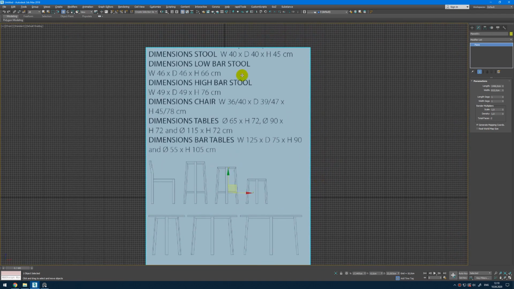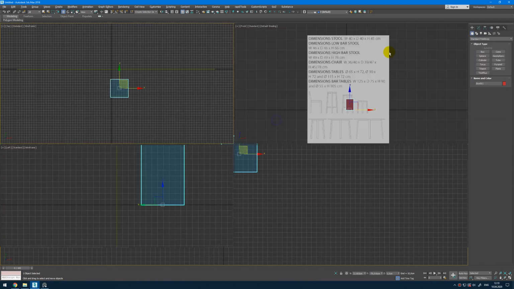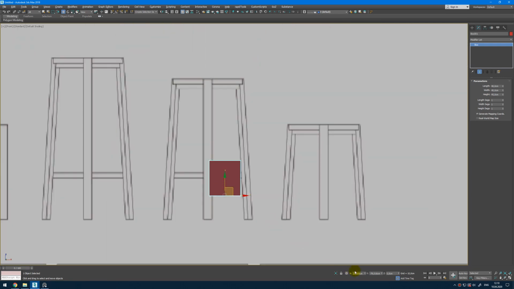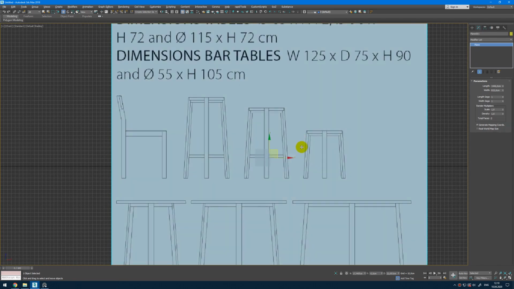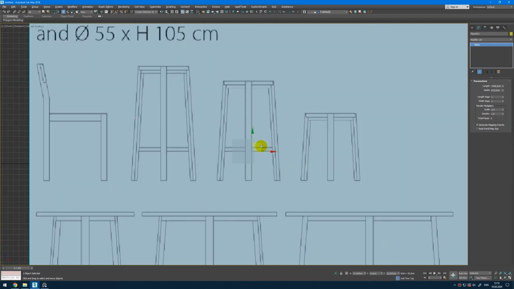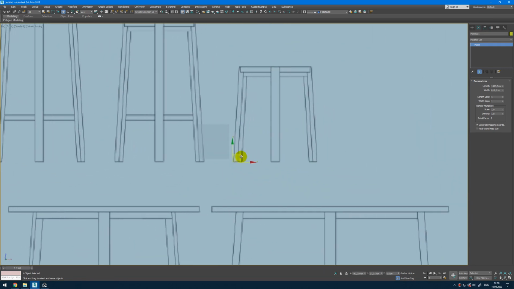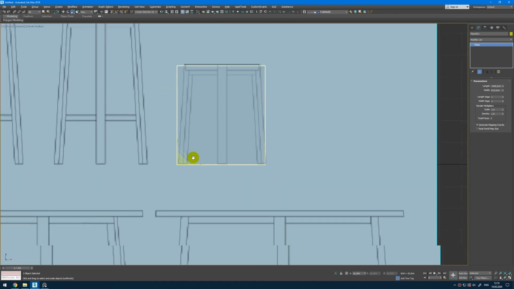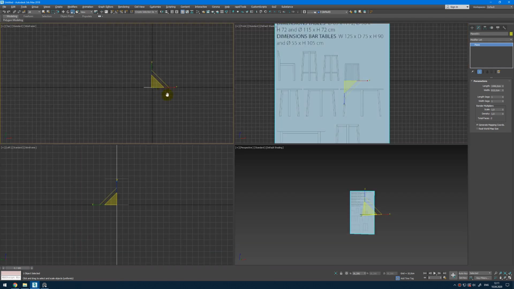We have the real dimensions of the stool, so I will create a box with these sizes 40 by 40 by 45 and from here I can move it to the 0 coordinates, then press Alt X and here press Insert to change pivot point to make it here, again Insert, and then I can snap it to the box. From here we can rescale it like this to get the real sizes, and from now we can move it